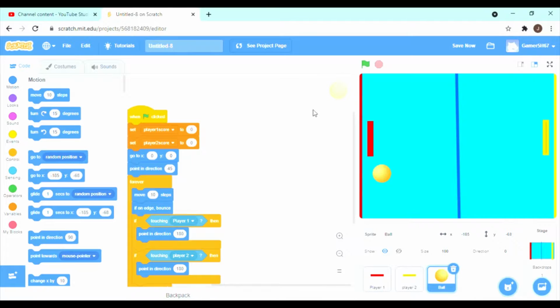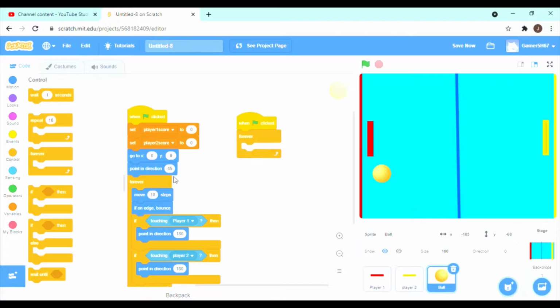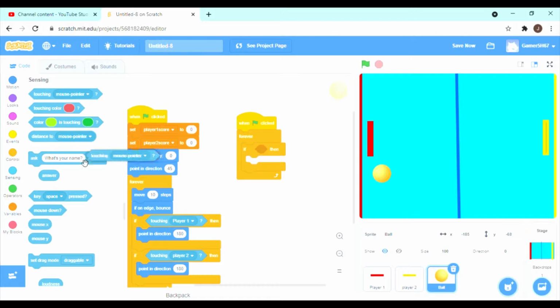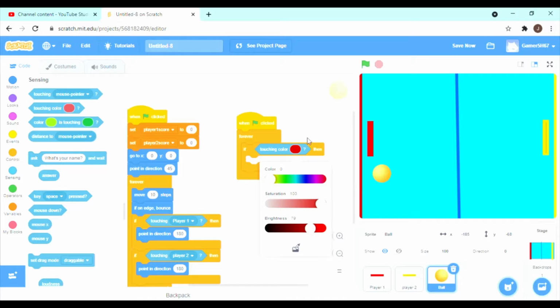So once you've done that, okay, so what you do is get another when flag clicked, forever, and then an if then. So then once you've gotten the if then, it'll do sensing, touching. So then you'll do touching color question mark. So click that and then click this and then try to highlight this. Click and then boom, it'll get that exact color. So then once you've done that, you'll do